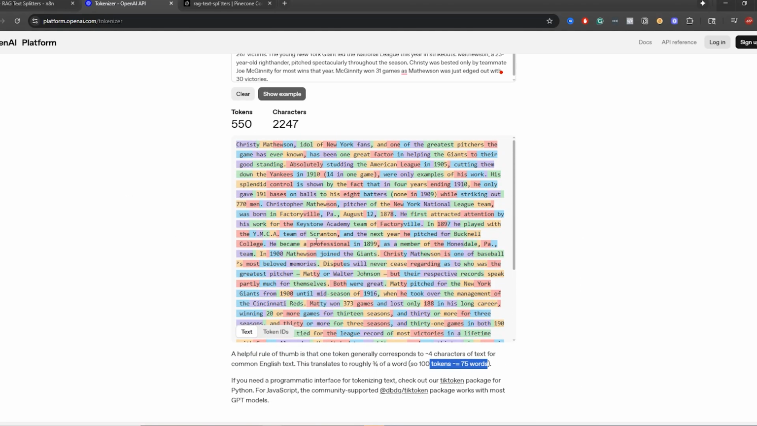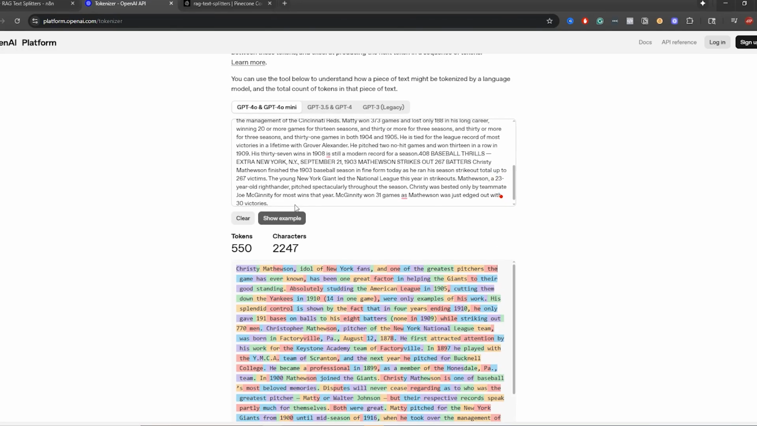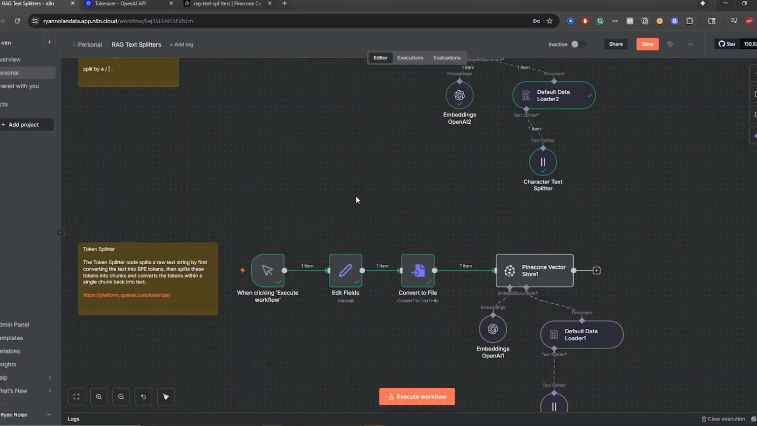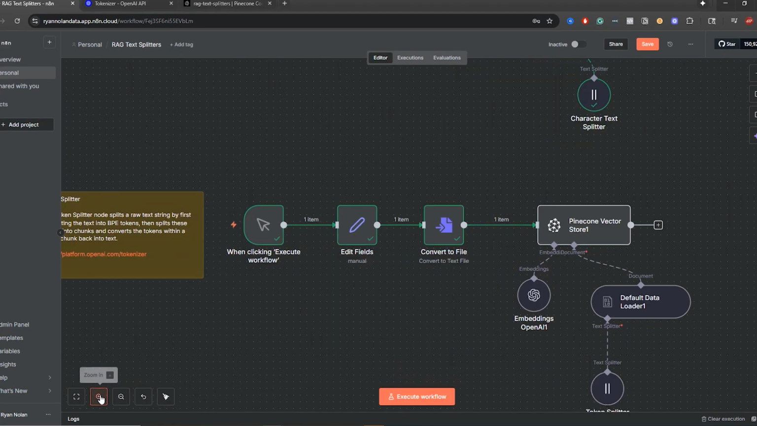So again, just to show you the basics behind tokens, I just use this tokenizer over here. It is interesting they don't have GPT-5 on here. I would have thought they would have had it on the tokenizer, but I guess not a lot of people are using it. Regardless,